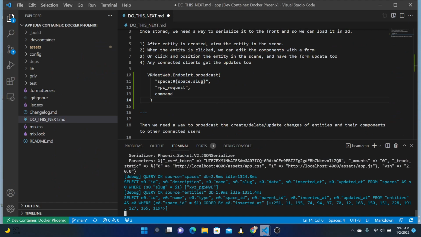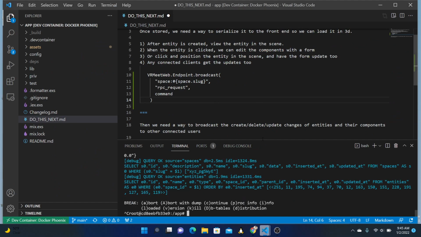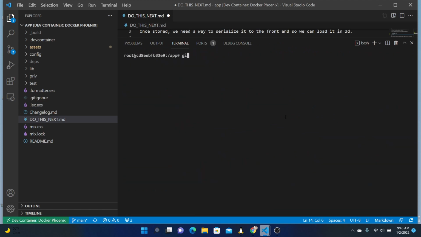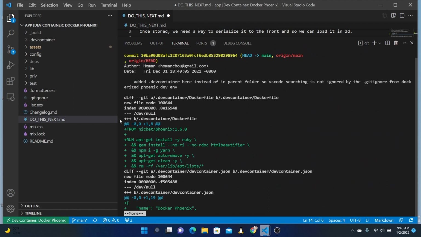This one. So let's go ahead and look at the git log. One of the things I did was I moved the dev container, which was previously in the parent folder, and this just allows my editor to be able to run dev container when the project folder for Theaxer space is opened, instead of having to open the parent folder,